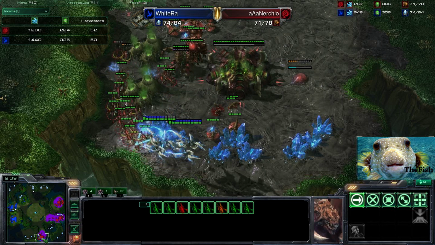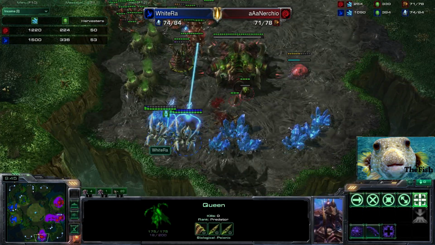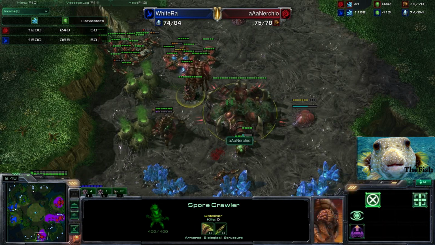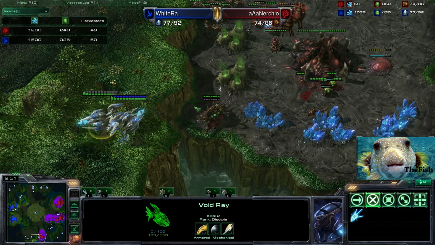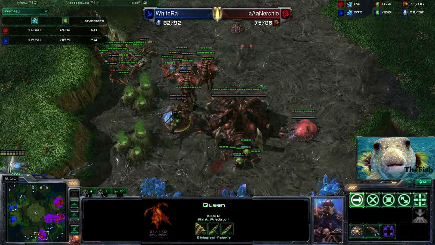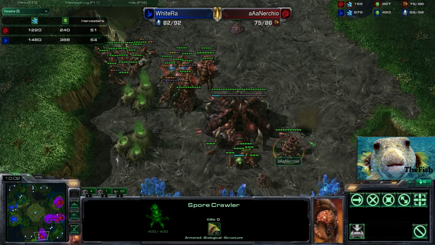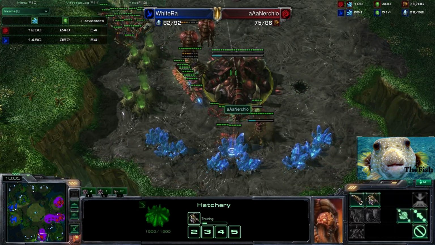But yeah, those Zerglings aren't going to do much against those. WhiteRa's Nerchio, and now Nerchio trying to work down these Voids with just a single queen and the Spore Crawler, which is just out of position here. And WhiteRa's going to back off a little bit. But this queen, ooh, run away, little queen, run! Got to run back to that Spore Crawler. He does put down a second one,